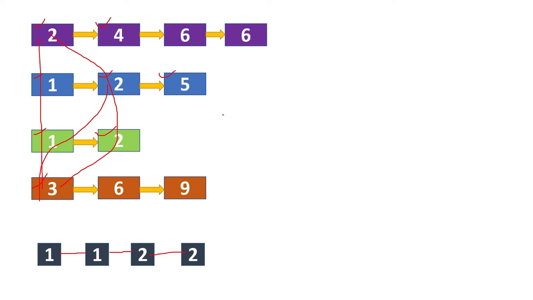So what kind of data structure can help us to find the minimum one in O(1) of time? Or if we have to insert one new thing, then also it will take some logarithmic time. So the choice of data structure we can take here is min heap. We'll see next how we can take help of min heap and solve this problem in less time.